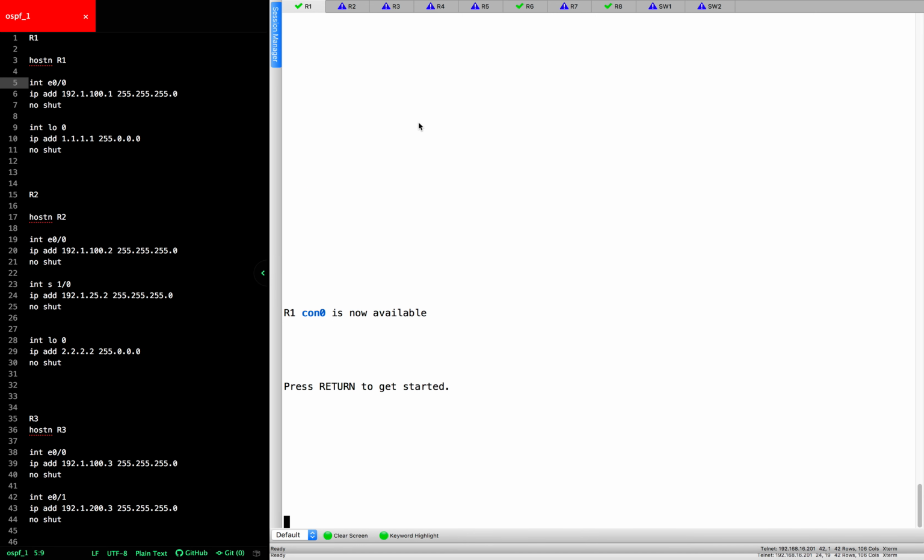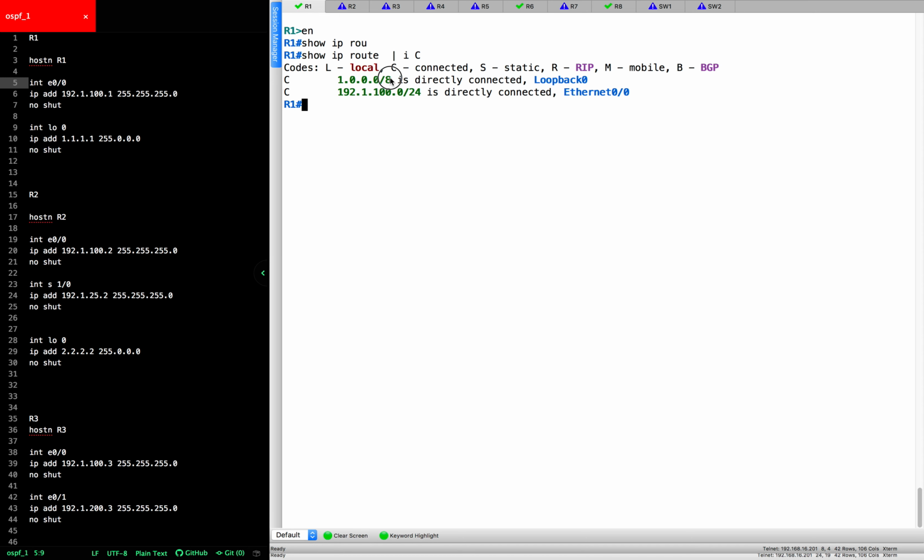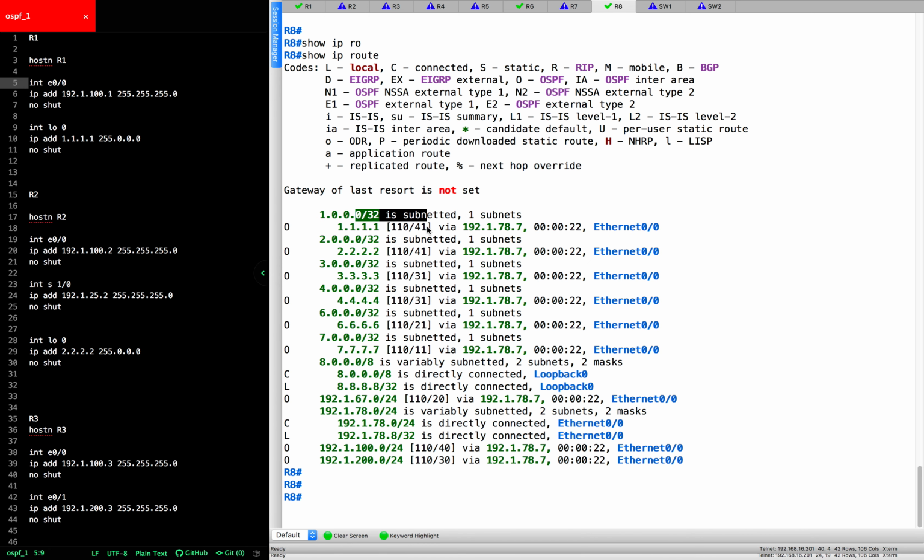So if I go to R1, let me clear the screen, show IP route and include connected, you see my mask is 8, but when it was learned on the other router it became /32. You can see even on R8 it is learned as /32,